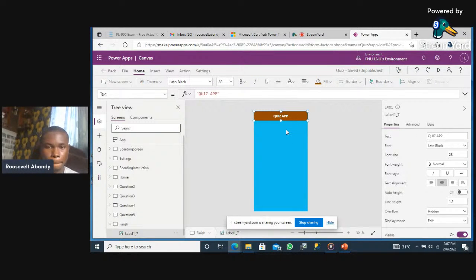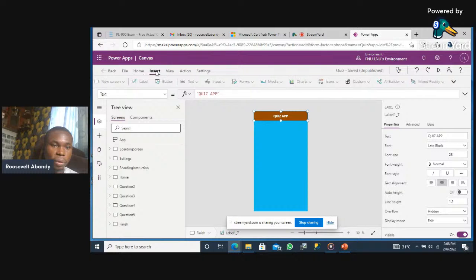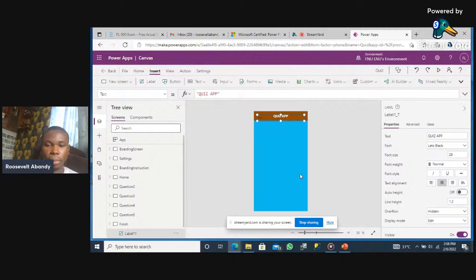So what do we want to display after finish? One of the things we want to display is the name or the email of the person that took this quiz, and we also want to display the score. So how do we do that? Remember we created a variable called score. So we're going to reference the score at the end of our quiz. So create a label